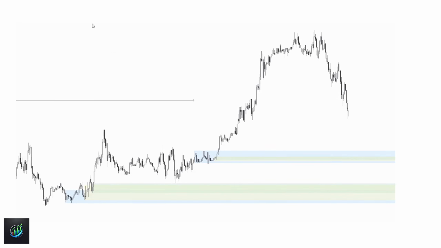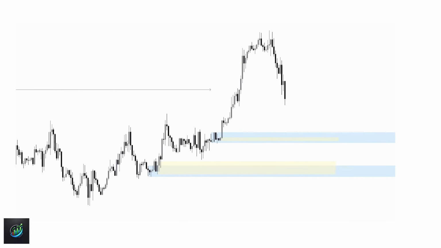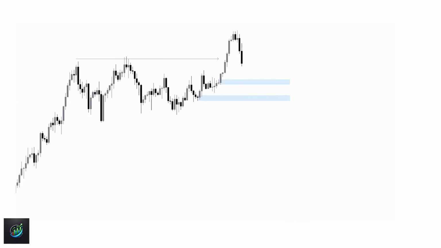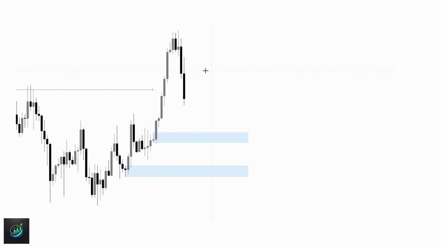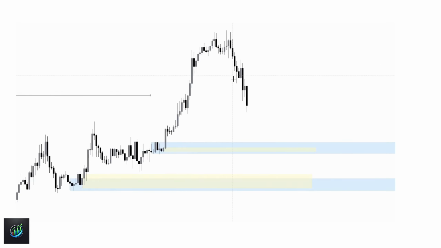So if we move back up to the hourly chart just one more time, and even the 4-hour chart, we can see from both charts that the move down to these order blocks is pretty aggressive. We have two very strong 4-hour candles, and even on the hourly chart, we see a lot of bearish momentum. So looking at that, I would want to approach this with a confirmation entry, and basically looking on a lower time frame for a break in structure that creates an order block, and then looking to enter on that order block so that we have a confirmed change of trend on a lower time frame before we try to catch